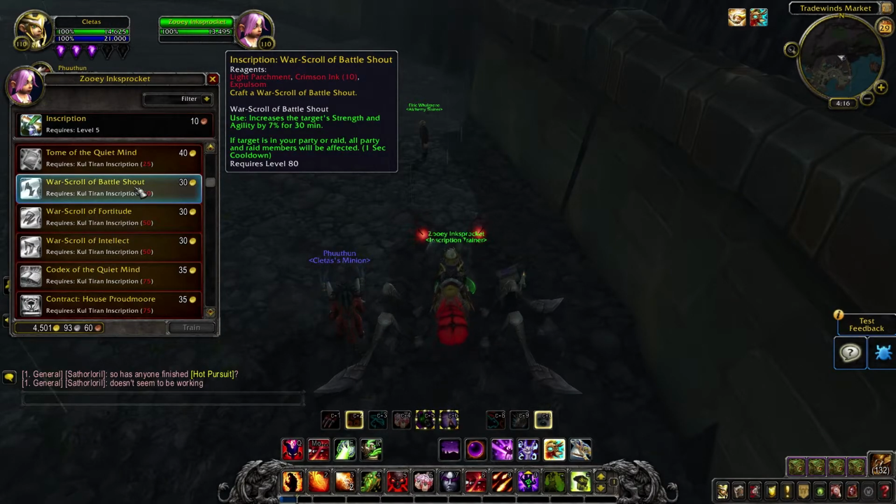Warlock's supposed to have Curse of Elements, and unfortunately we lost that to Demon Hunters as well. I'm sure Demon Hunters are going to get Drained Soul. They take all our abilities and leave us with a shell of what we used to be. But regardless of that, this is basically, if you don't have a warrior in your raid, well, you